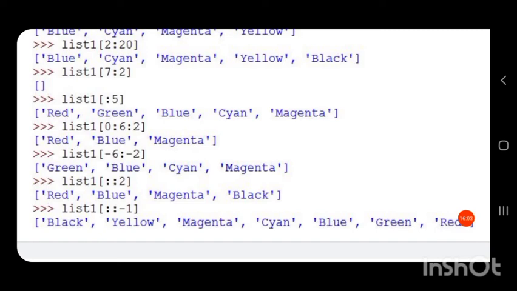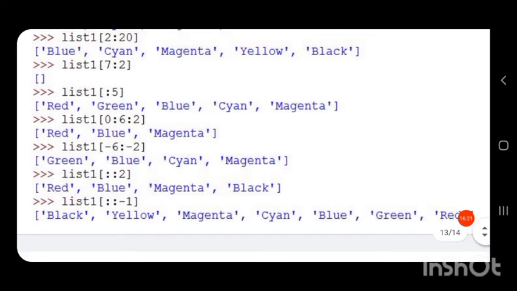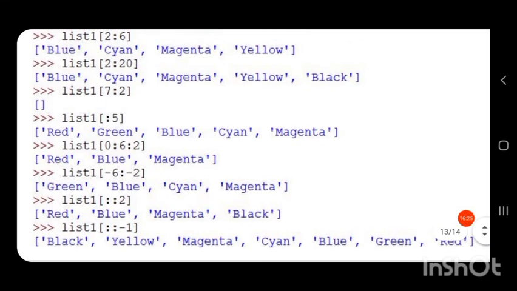Then in the next example you can see two columns, and we have not specified the start and stop, but only step is specified. Start is not specified, so the element at index 0 will be taken.